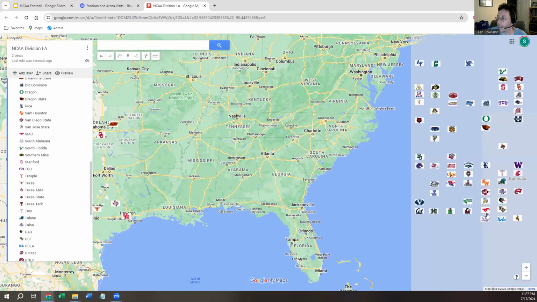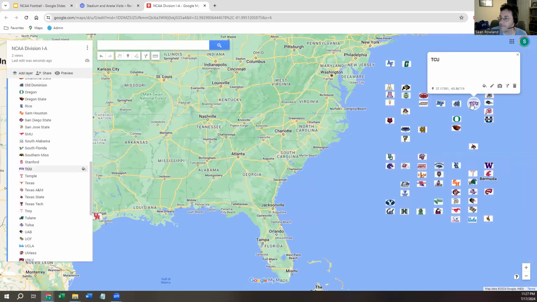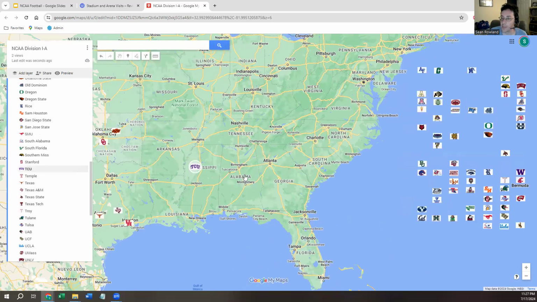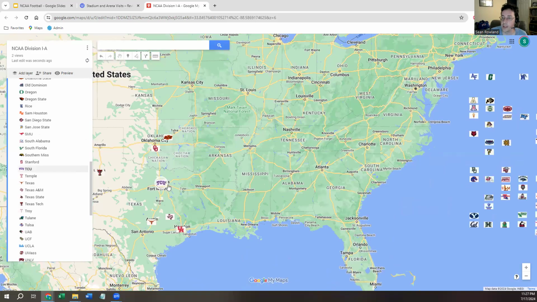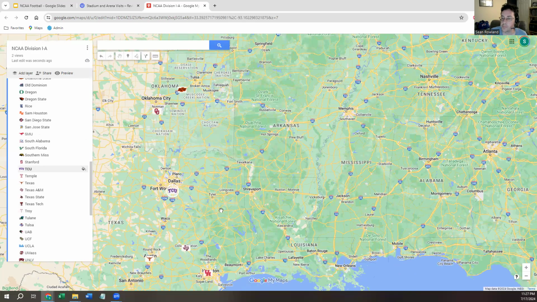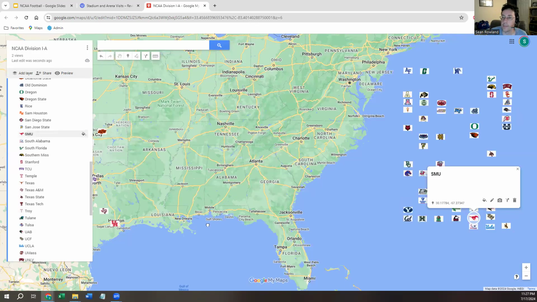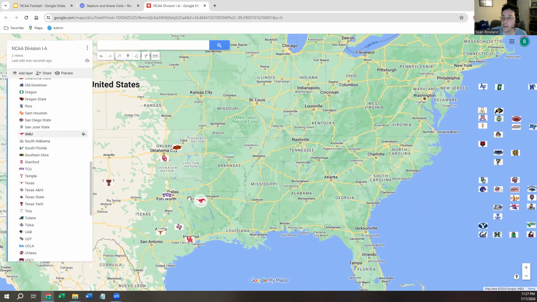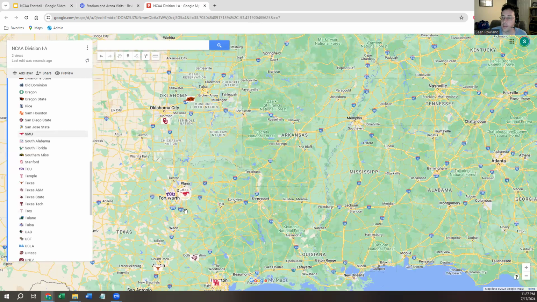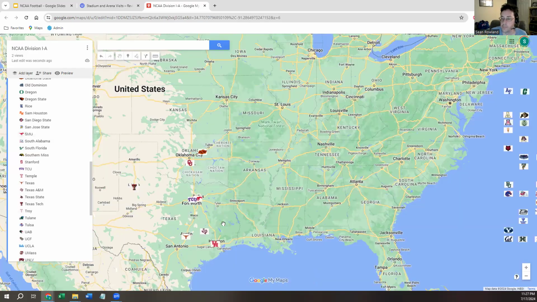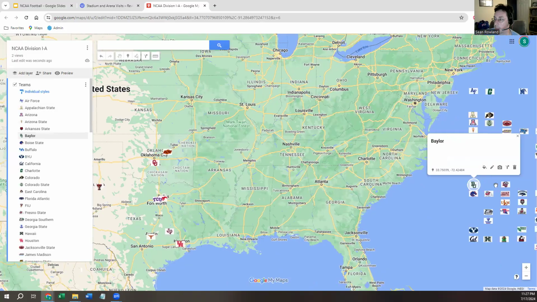I don't want to call TCU the next tier. They're almost up there at this point with some of those other big names. So let's go with TCU and SMU. Got to keep these two together. Of course, SMU has the endowment and everything else. So 1, 2, 3, 4, 5, 6, 7, 8. So we have 8 schools left here. Can't forget about Baylor,